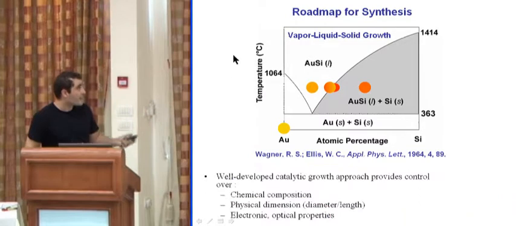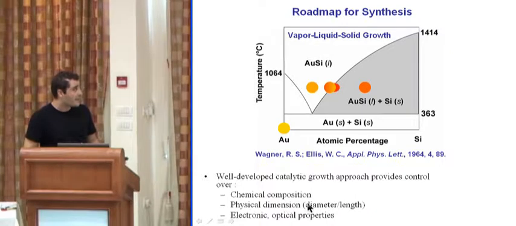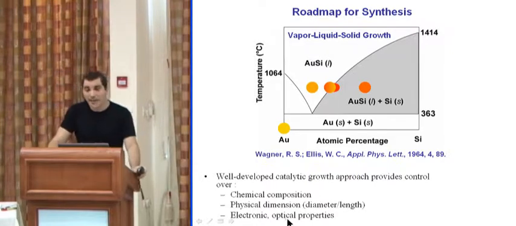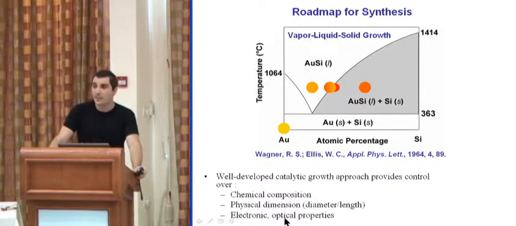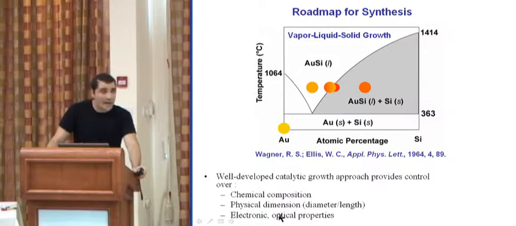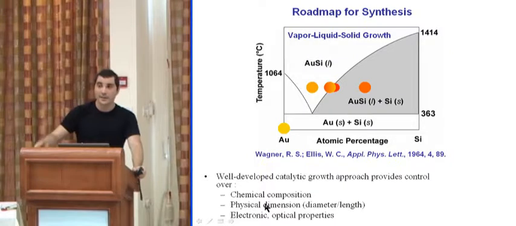So we see that, again, from the synthesis, we can control the chemical composition, we can control the physical dimensions, diameter and length of the nanowires, and we can control the electronic, conductive, and optical properties by not only adding the silane gas, but adding other gases, impurities that we call dopants. We can dope the nanowires to P-type nanowires, N-type nanowires. A lot of the work that we want to do today is actually make novel materials based on gradual doping during the growth process to get novel devices and novel conductive characteristics that couldn't be done today in